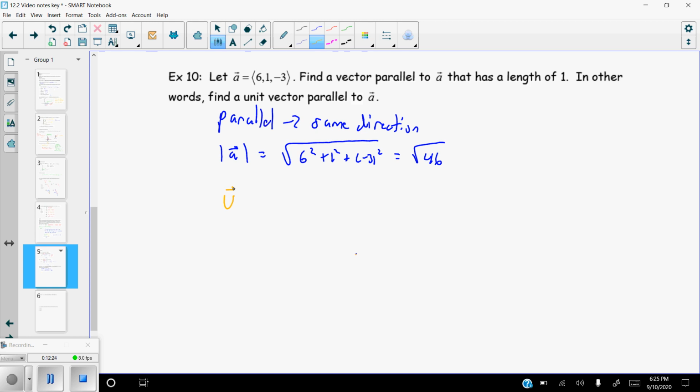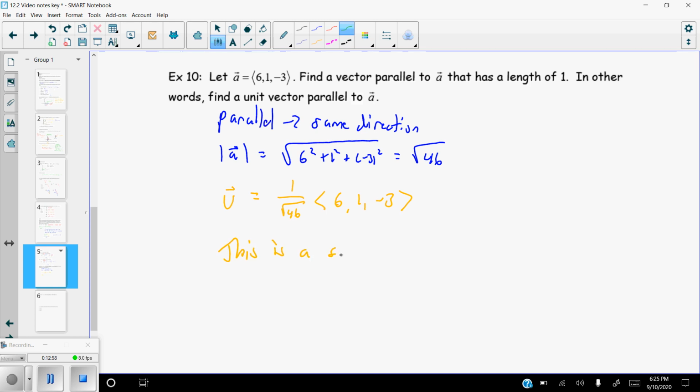It's now a unit vector if I divide every piece by the square root of 46. Well, it's the same thing as multiplying the outside by 1 over root 46 times our vector 6, 1, negative 3. You can distribute it through and do 6 over root 46, 1 over root 46, negative 3 over root 46, or you can leave it factored out. Either way is perfectly fine. So what we have is,